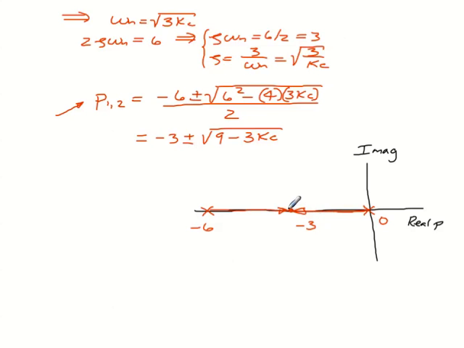When they hit each other, they split, and one goes up and one goes down. Straight lines. Okay, and this happens when Kc is equal to 3. Okay, how do I know that it's a straight line once they hit? Well, once they hit,